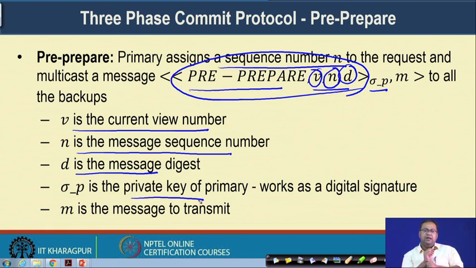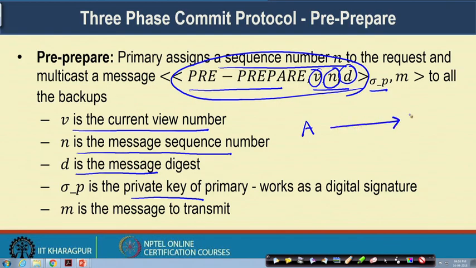Now, if you remember the digital signature method that we discussed during the first few classes, whenever A is sending certain messages to B, and A has its own private key, say sigma A, and say pi A is the public key for A.